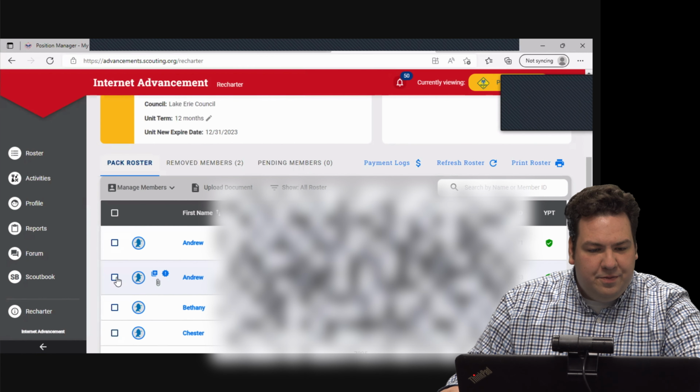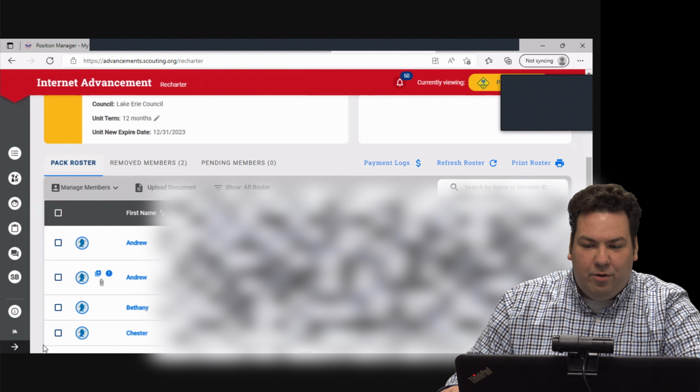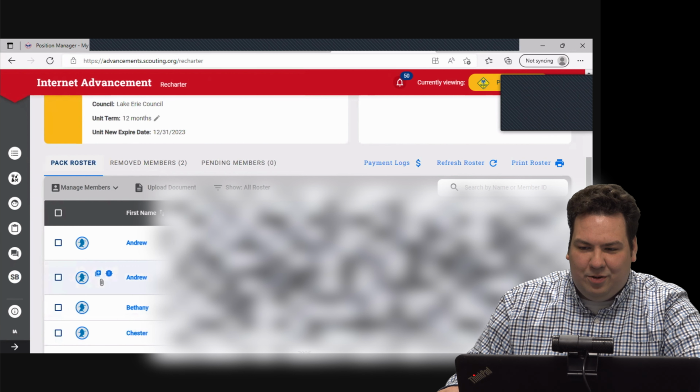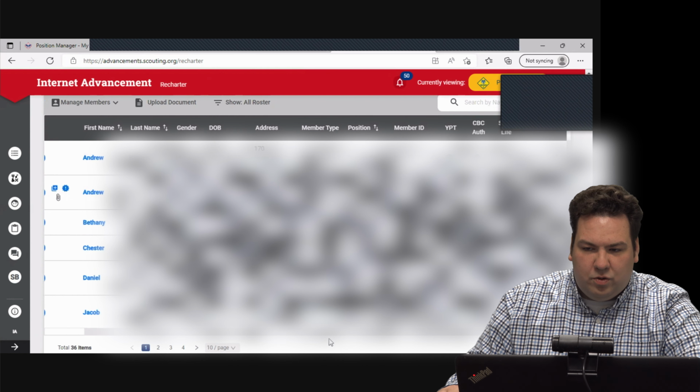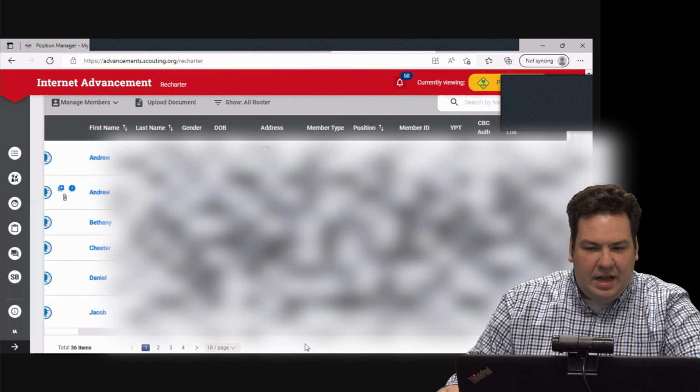Now from here I might find that someone's position needs changed. My oh my, this is just fascinating stuff. What a system. And so the first thing I'm going to do, if I see a position that needs changed, is go down to this little arrow in the bottom left of the screen. And I'm just going to click on that arrow. And whoa, little things got a little wider in the screen here. Now I can scroll to the right. So I can see,